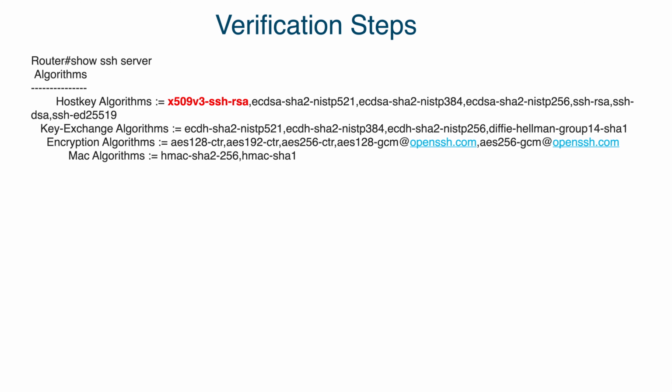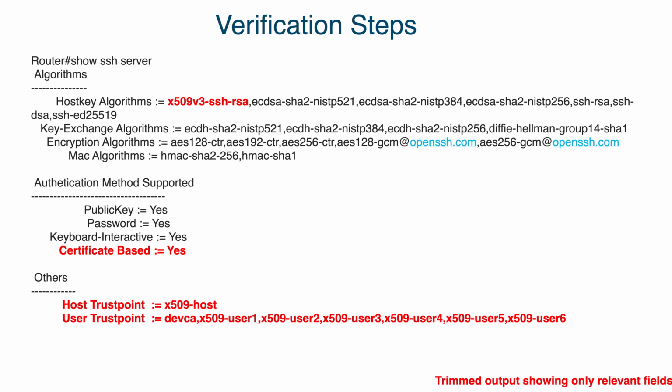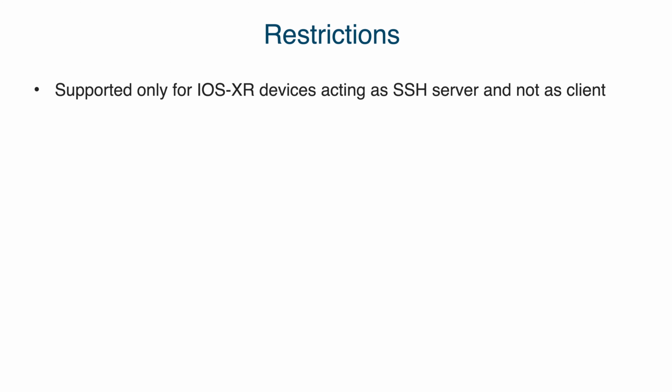Now let's look at the verification steps. As you notice here, the X509v3 SSH RSA is listed under the host key algorithms. Then the certificate-based option is enabled as yes, and you can see the trust points configured for both the host and the users. Coming to the restrictions of the feature, this is supported only for IOS XR devices acting as